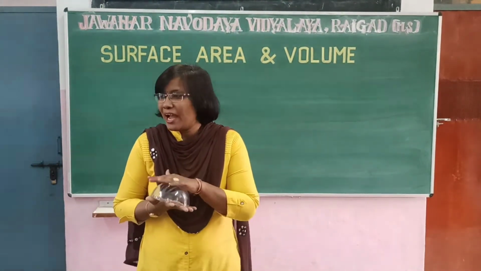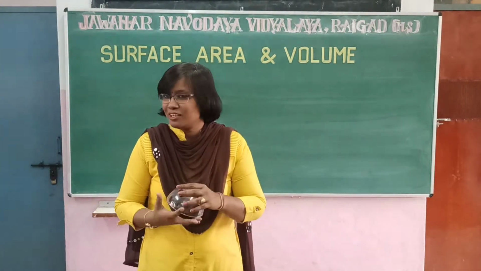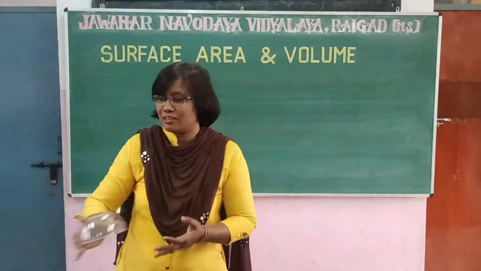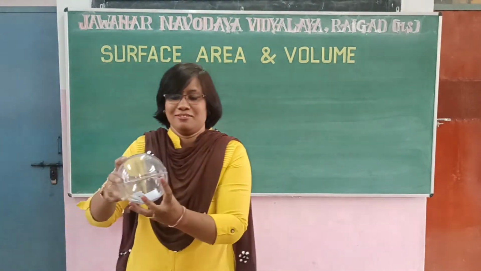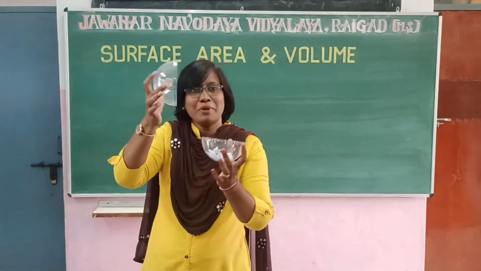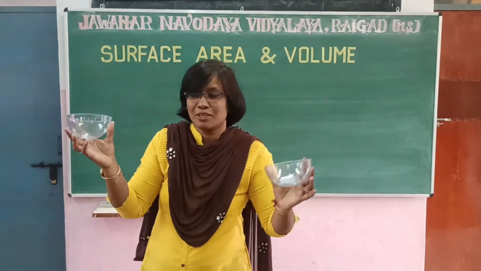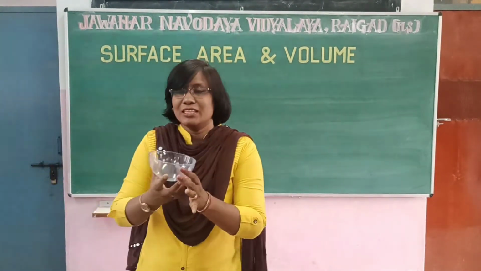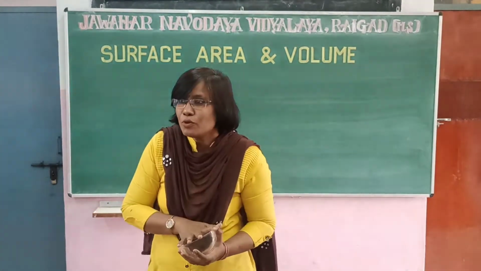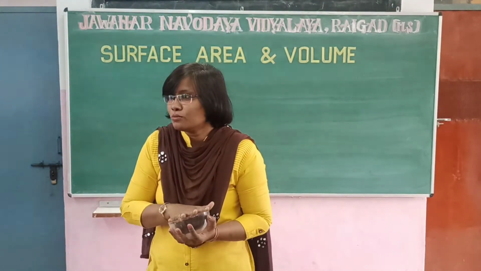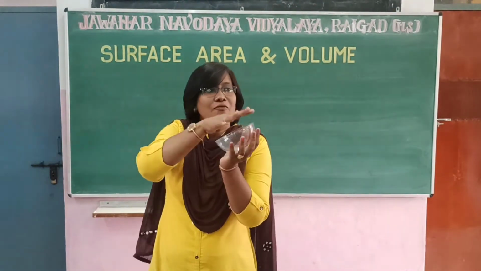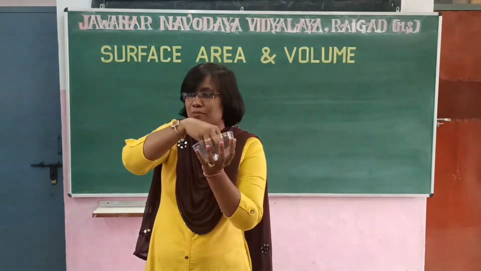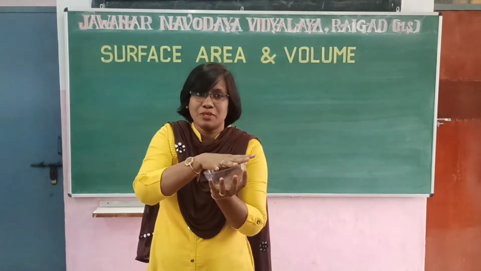See, one more thing I would like to add. What we told is perfectly correct. This is a hollow hemisphere, half of the sphere, you know that. This was the full sphere. We have made it into 2 hemispheres. Now since the sphere is hollow, this is a hollow hemisphere. But if you have a laddu and cut it in half, it will be a solid hemisphere. Do you understand? This is a hollow hemisphere, that will be a solid hemisphere.